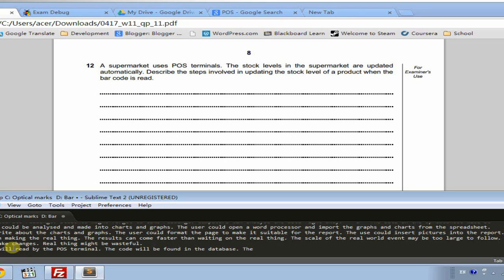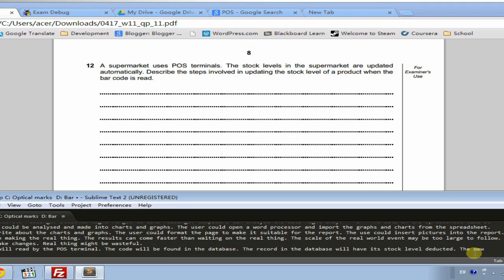The records in the database will have its stock level deducted. So we'll go to the records in the database and we'll take away 1 from it because we've sold 1 at the terminal. So we have to take away 1 from our stock levels in the shop. Okay, but then we're going to have to compare the new stock level